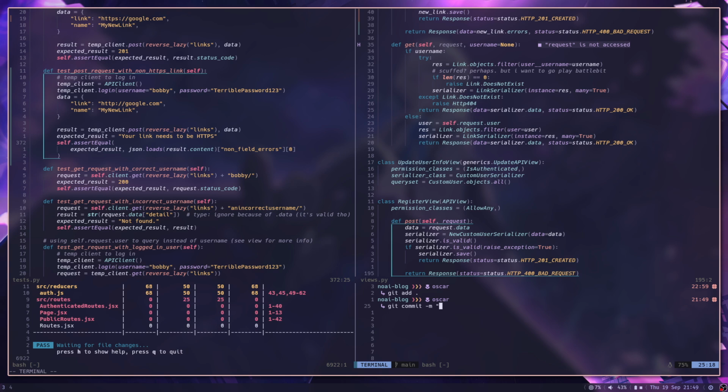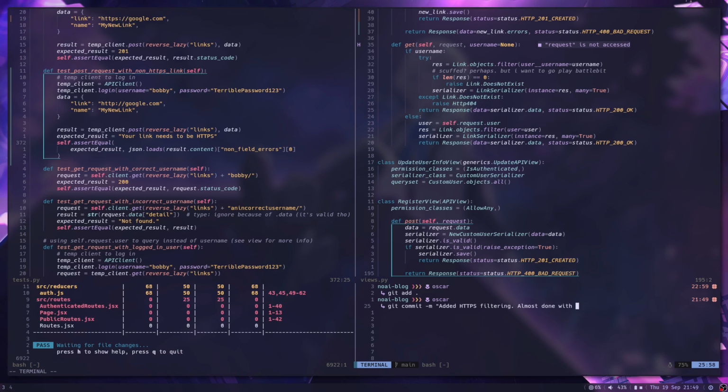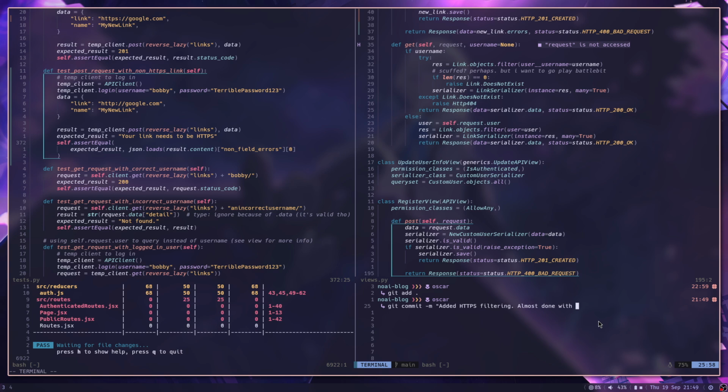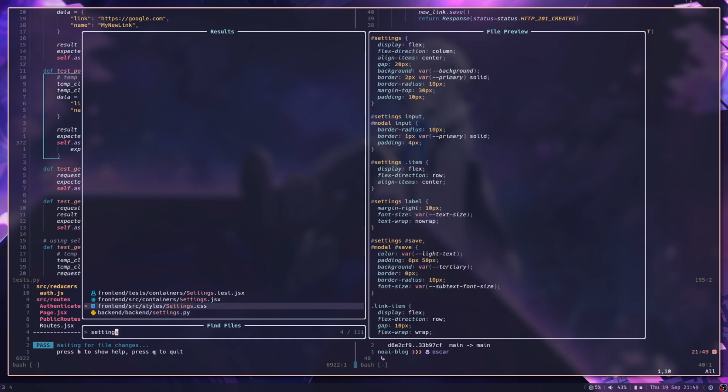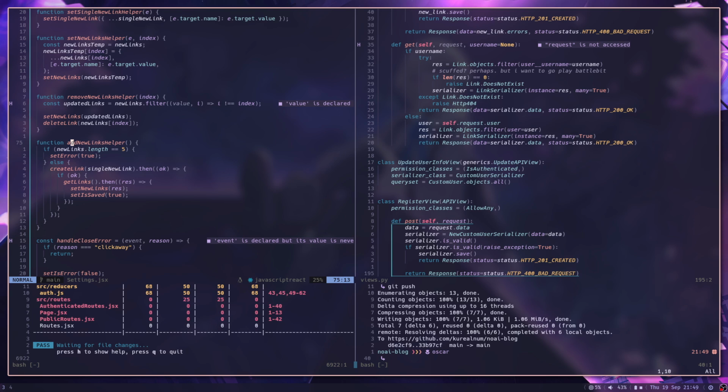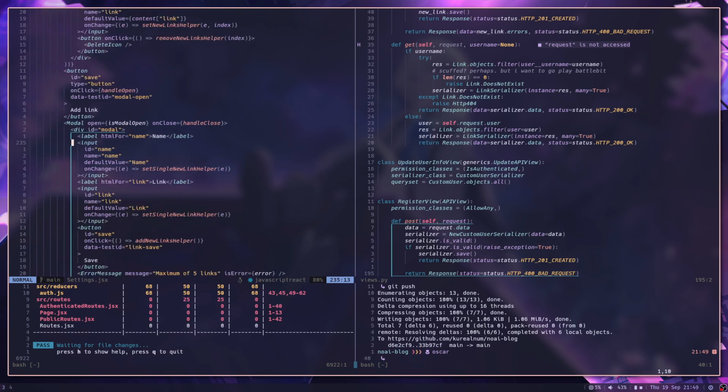Should be edit HTTPS filtering, almost done with. What issue is this? 34. 34. And push. And okay, cool. So now what I want to do is go over to settings and